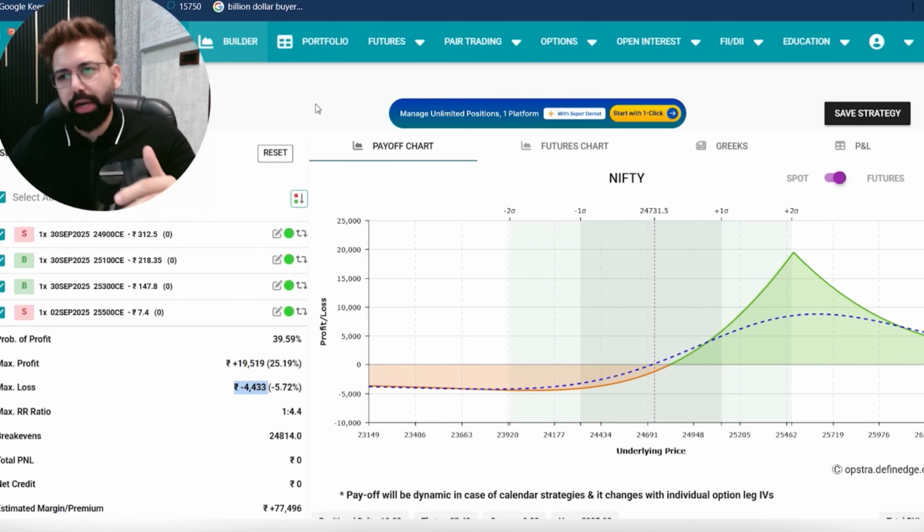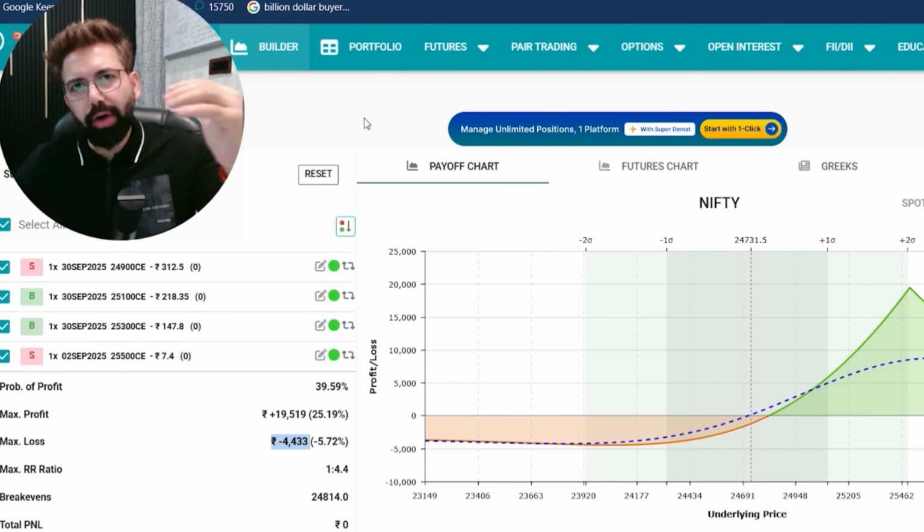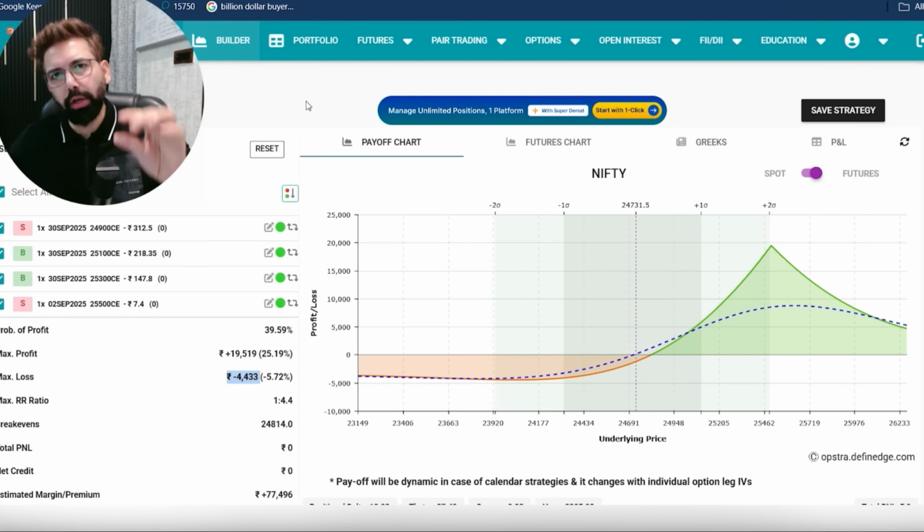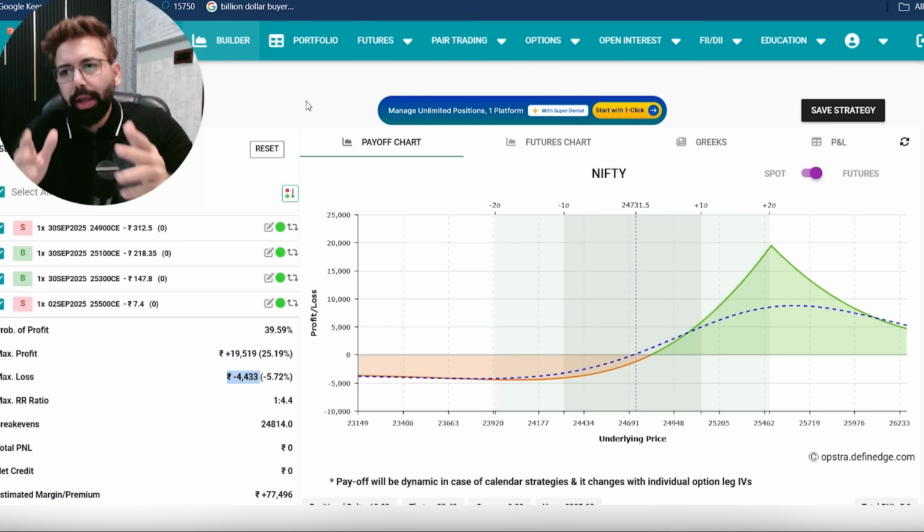Now, these kind of strategies obviously remain quite far from the public reach because these are professional strategies where the balance between the maximum profit and maximum loss remains quite skewed and obviously much relaxed because the worst is